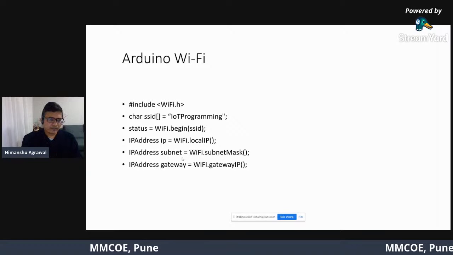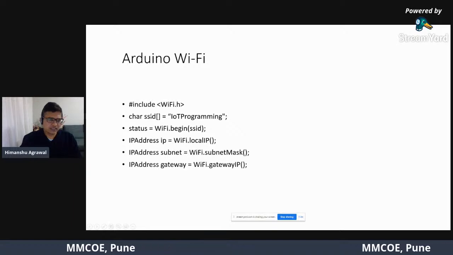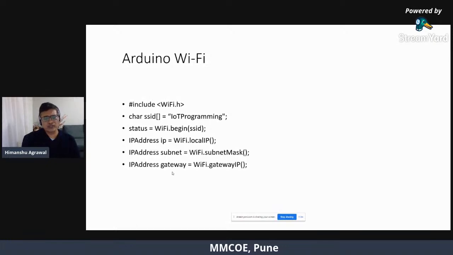You can see a few lines of code here. It is using a character SSID, and then I'm using it as IoT programming. Then you use the IP address, subnet mask, and the IP address of the gateway. This information you have to write as code in the Arduino for this Wi-Fi.